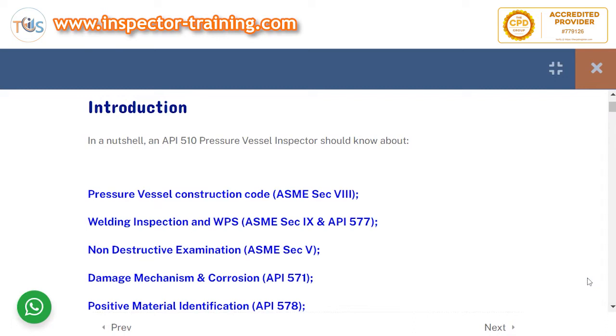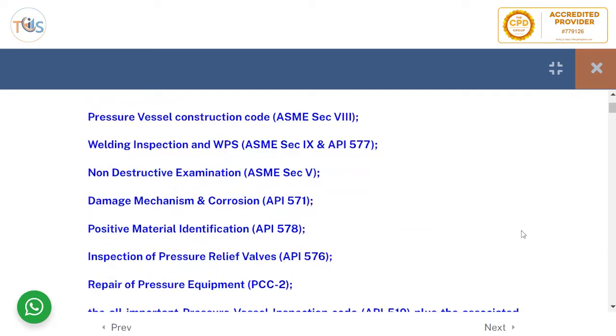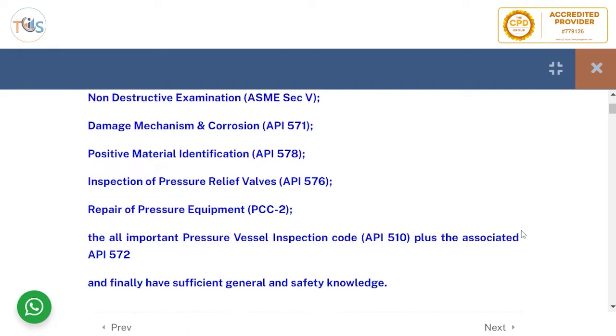In a nutshell, the Pressure Vessel Inspector should know about ASME Section 8, Pressure Vessel Construction Code, Welding Inspection and WPS, ASME Section 9, 577, Non-Destructive Inspection Examination, ASME Section 5, Damage Mechanism and Corrosion, API 571, Positive Material Identification or Material Verification Program, API 578, Inspection of Pressure Relief Valves, API 576, Repair of